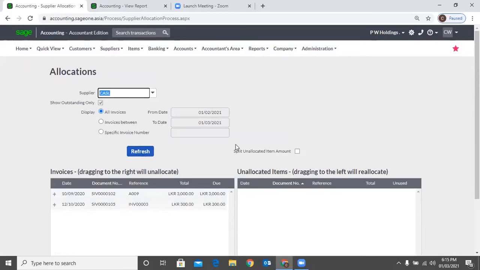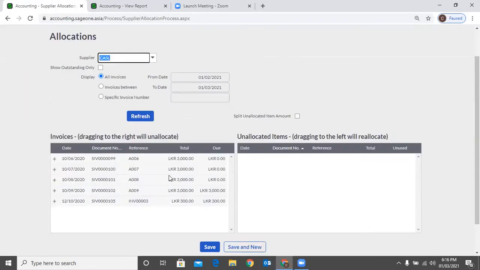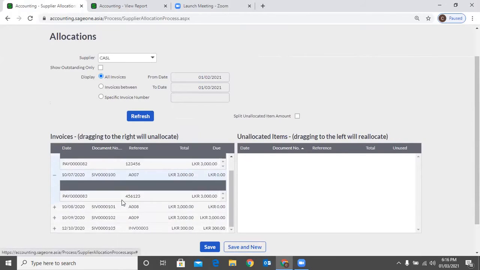Now, like that you can allocate, and I'll explain the options of this allocation. First one is show outstanding. Allocations will display only outstanding invoices. Now, if you untick this option and refresh, it will display outstanding invoices. You can see due amounts, and if you click this plus mark, you can view what is the